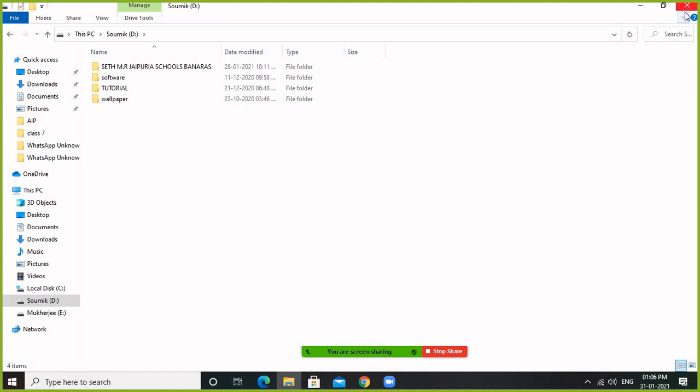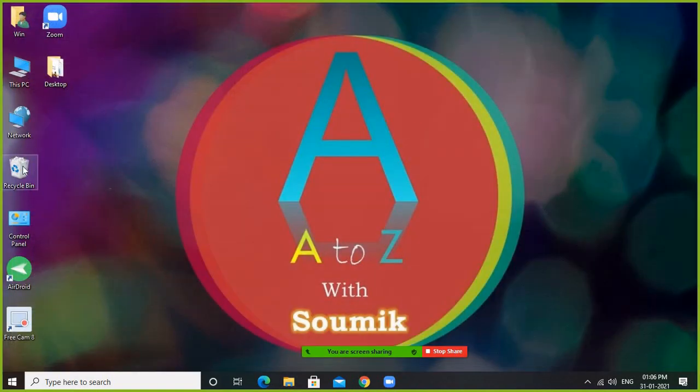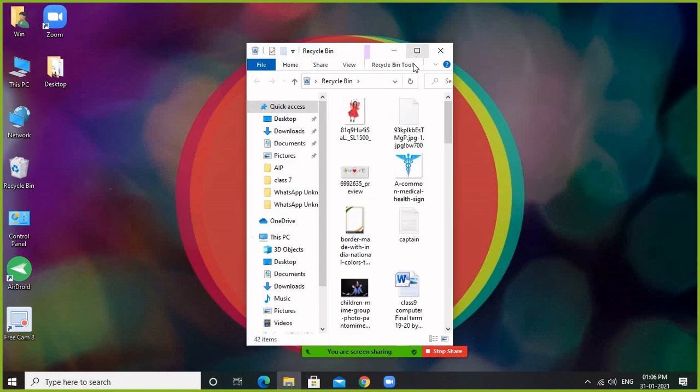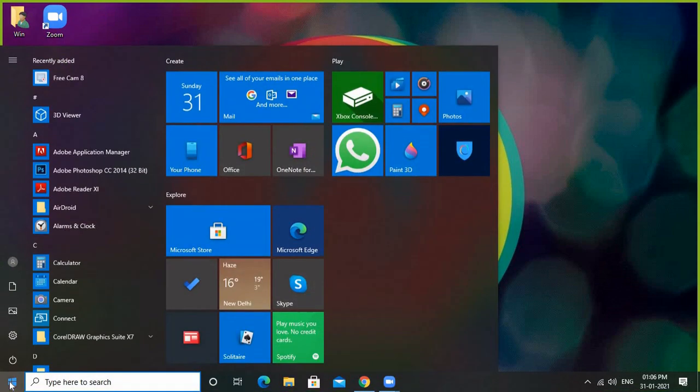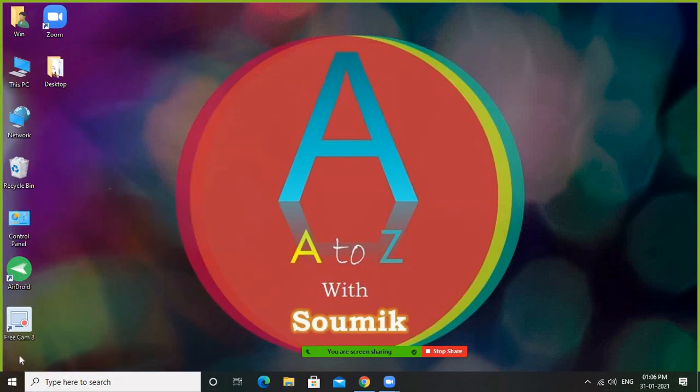Suppose I want to go to the recycle bin, or whatever option I can use on the desktop. Suppose I click on the window option, it is also visible to the students. If you want to stop your screen, click on stop screen.